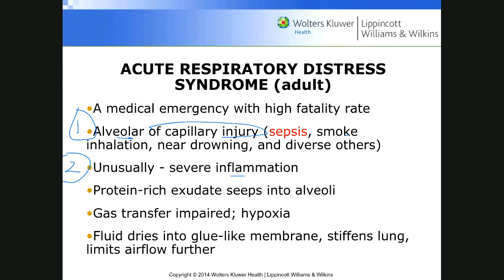The third thing that you see is that, resulting from the inflammation, you're going to get a lot of protein exudate. And this will form sort of a gel-like membrane, if you will, and that further interferes with the gas transfer, right? This gel-like material is usually part of that. And then the fourth thing you can see here exacerbates this, so now it's difficult